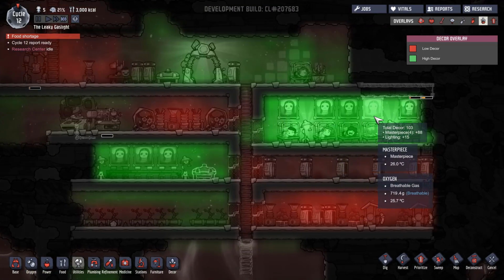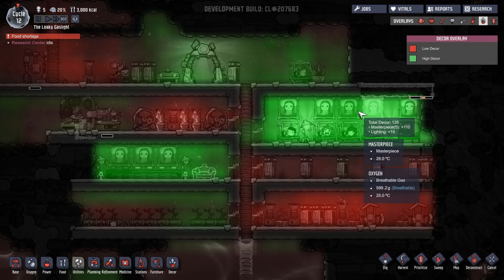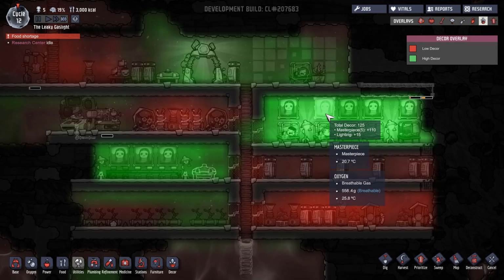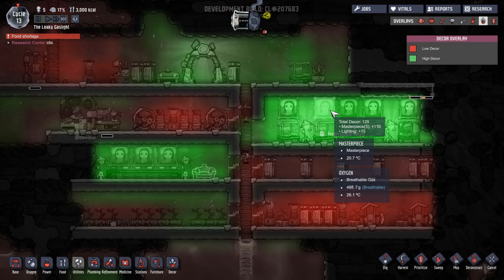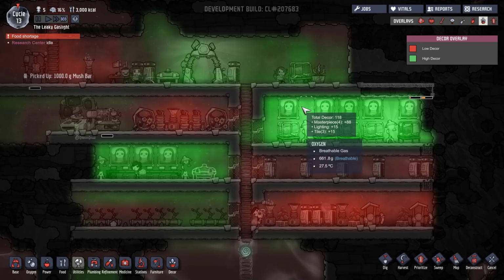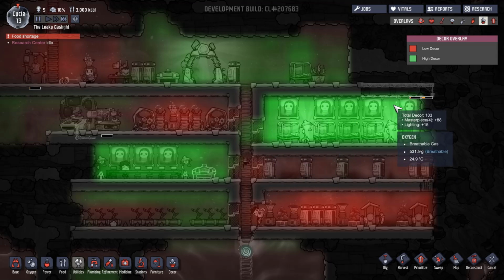So let's see. Total decor here is about 125. Wait, what is 125? Oh, okay. Wait, and this is only 103. What's going on here? Masterpiece times 5, masterpiece times 5. Oh. Wait. Oh, the game... Well, it doesn't quite reach. But, let's see. There's 1, 2, 3, and once I clear these 4...